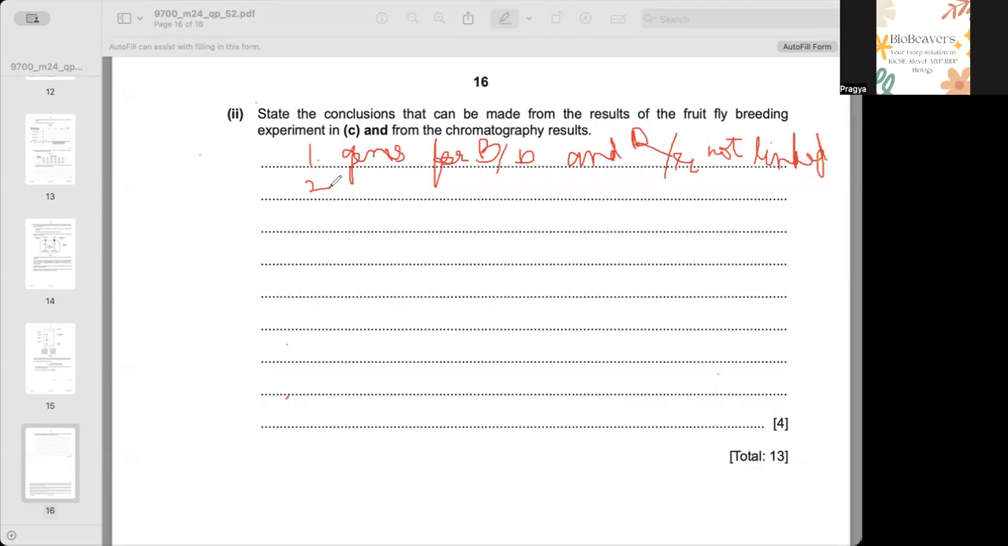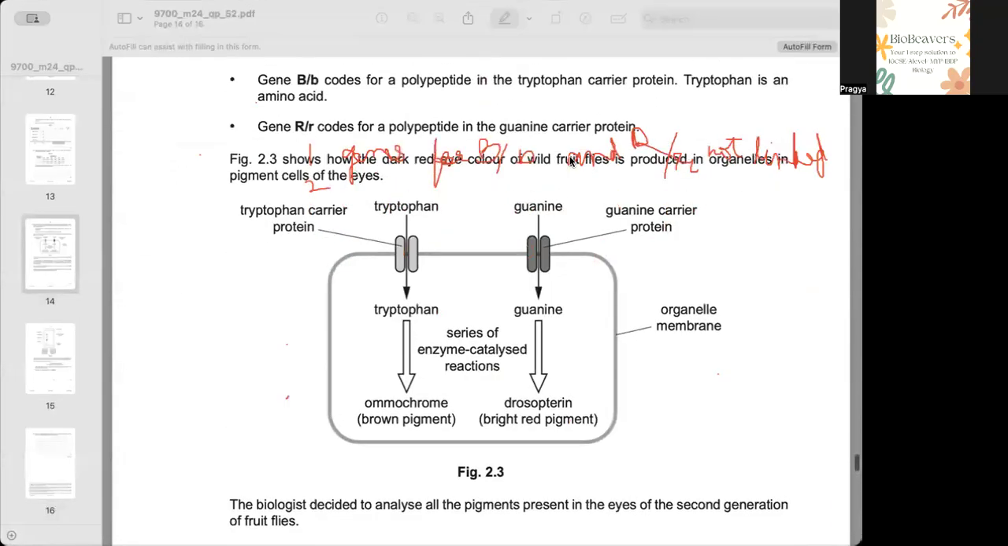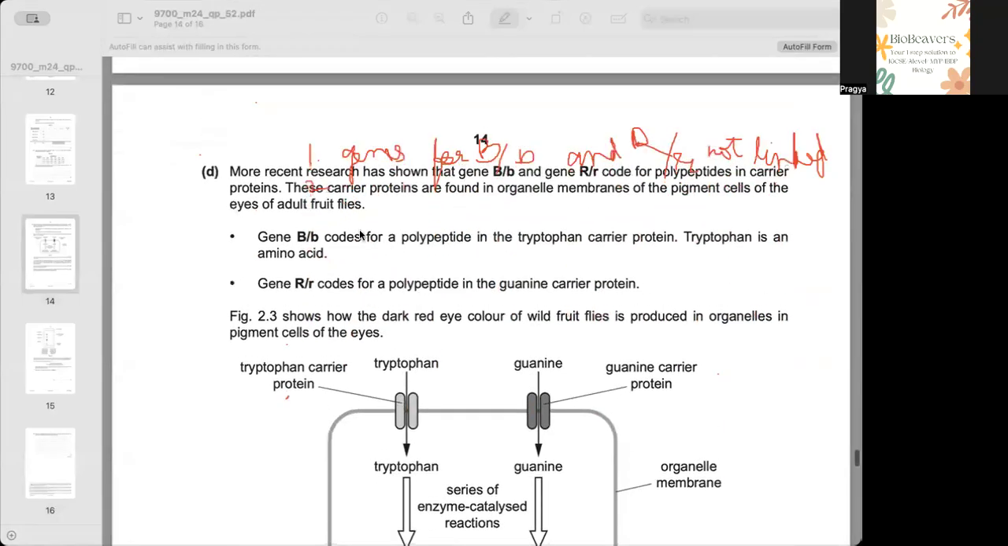Then the second point which comes out of our experiment, if you try and understand clearly, is how each one of them is related to each one of these proteins. So if we go back, the first point was very clear and very easy to derive. Now we move on to the second part. Here we clearly say that gene B codes for the polypeptide tryptophan carrier protein, and the gene R codes for